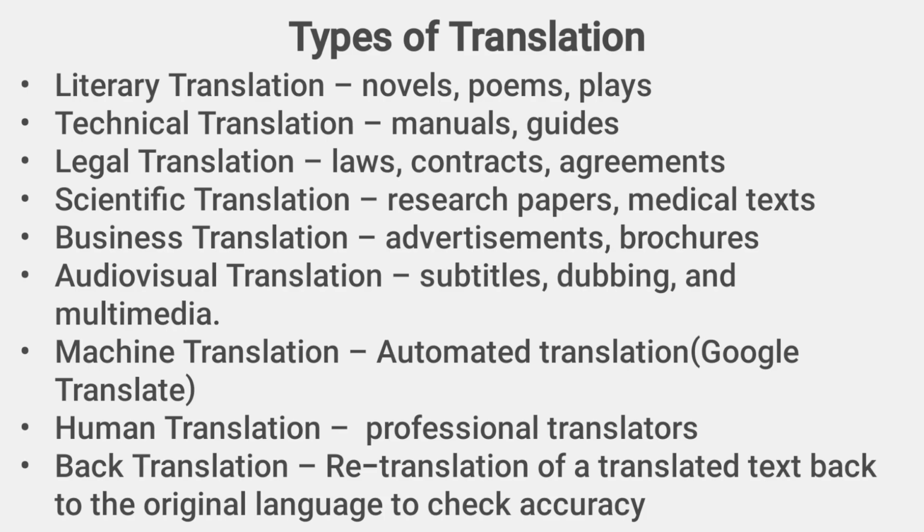Nowadays, audiovisual translation is widely known and the use of it has accentuated to another level with varied forms of culturally significant dramas and performances, such as K drama, C drama, T drama, and so on. Machine translation involves Google Translation, which is an automated translation. Human translation deals with the professional translators who have graduated in the field of translation.